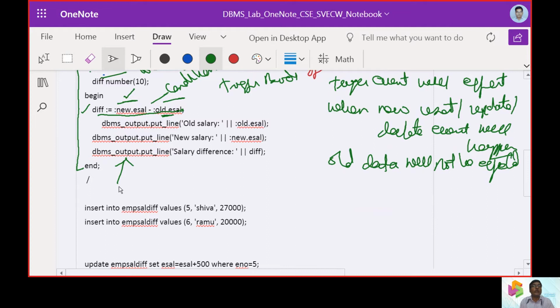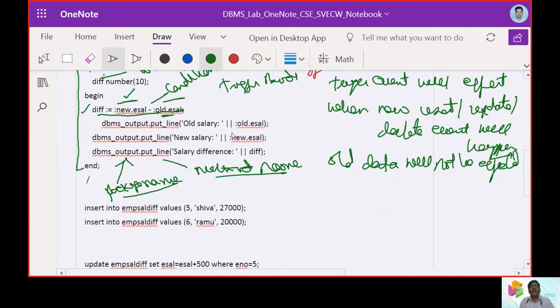So dbms_output we call the package name, and put_line, which is going to display the answers, we call the method name. So the package name is dbms_output, and put_line is going to be the method name.